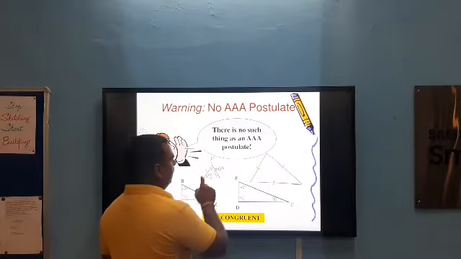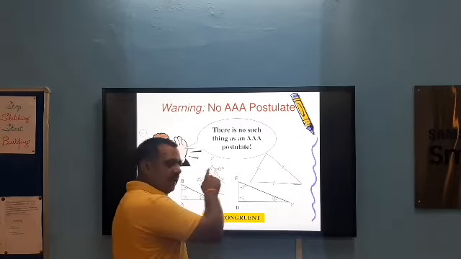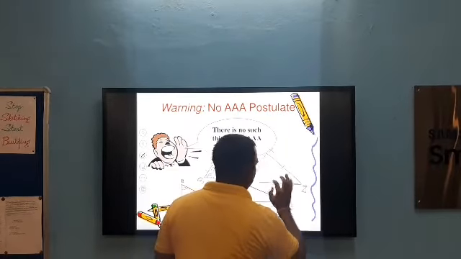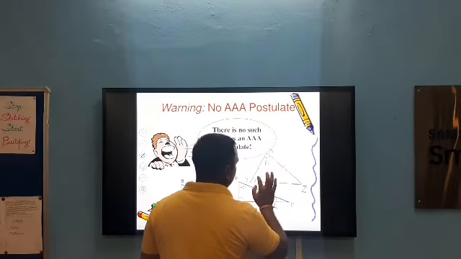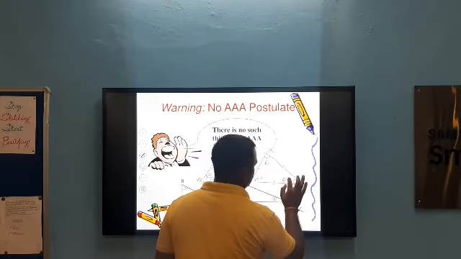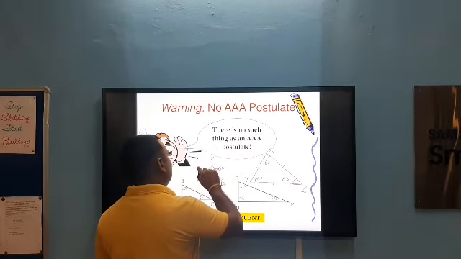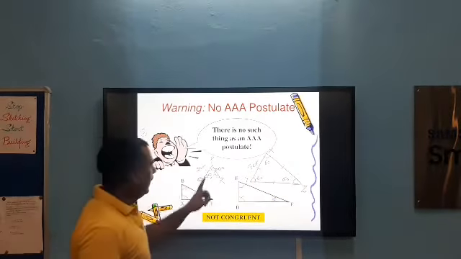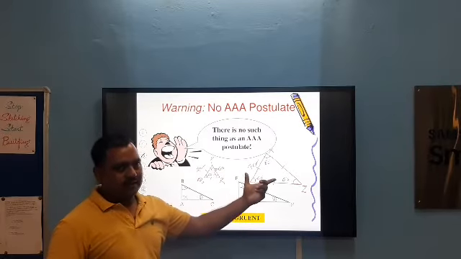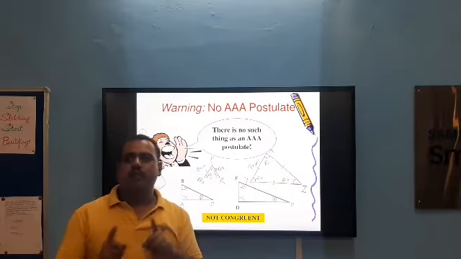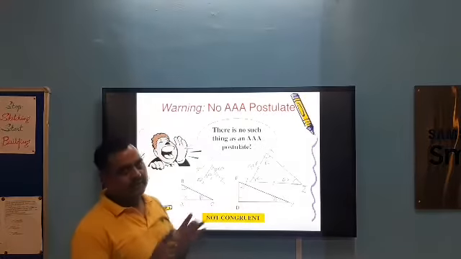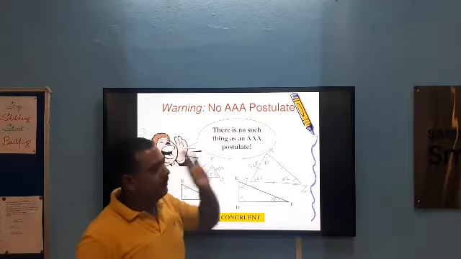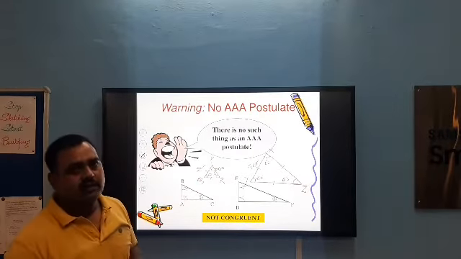In this triangle PQR, all angles are equal to 60 degrees. In this triangle XYZ, here also all angles are of measure 60 degrees. But here, let us say the side is 2 centimeters and here let us say the side is 7 centimeters. So here is the difference between the two triangles. All angles are equal, but the triangles are not congruent to each other. They have the same shape, but their size is not equal. So the AAA postulate does not exist in congruency.